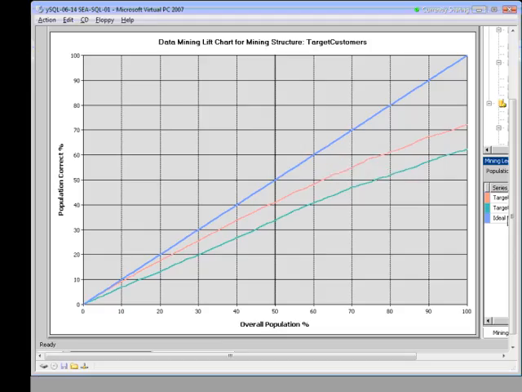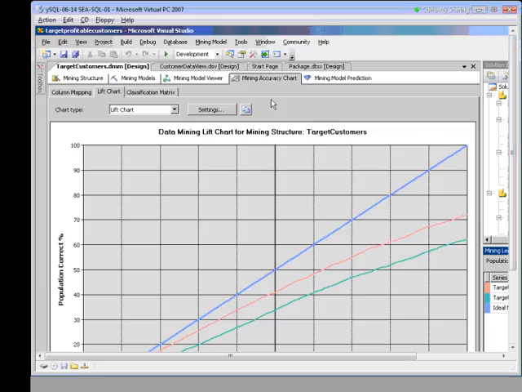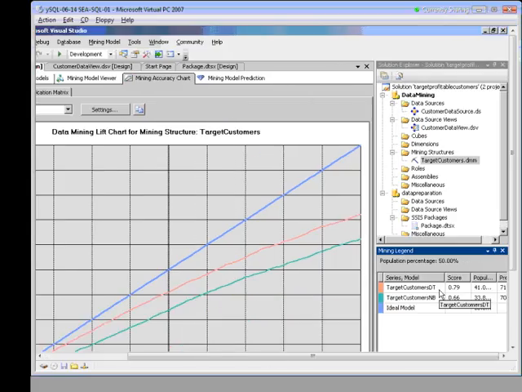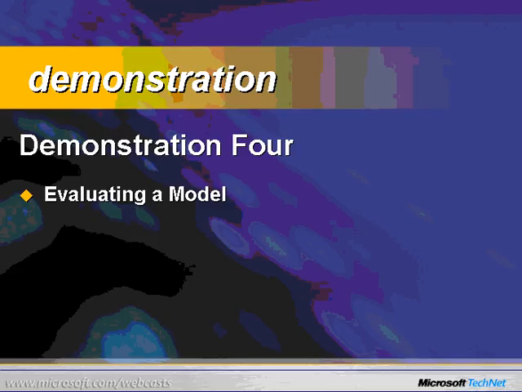Okay, so notice I can change some of the chart type information here. I can go and modify all this information and change it to different settings so it'll show me which of the different models would be the best one. It does appear that the decision tree model does significantly better than the naive Bayes model. All right, so in that one, we took a look at evaluating our two different models, decision tree and naive Bayes, and deciding which one would be better for our solution.